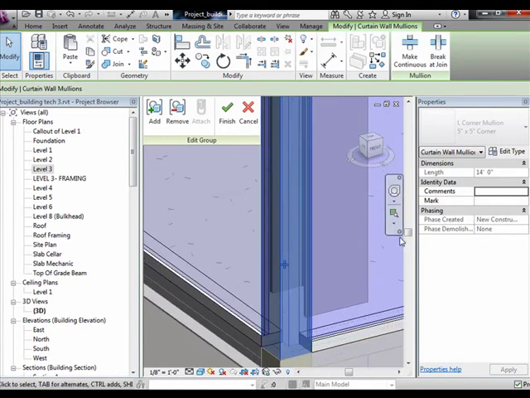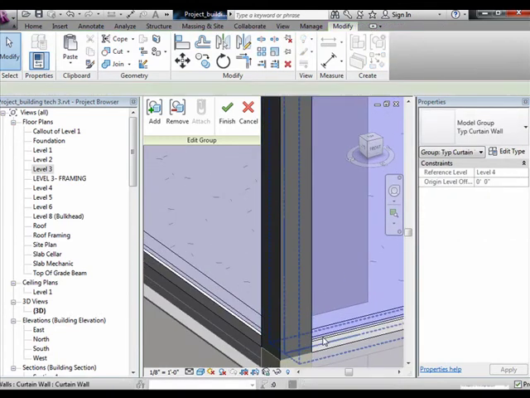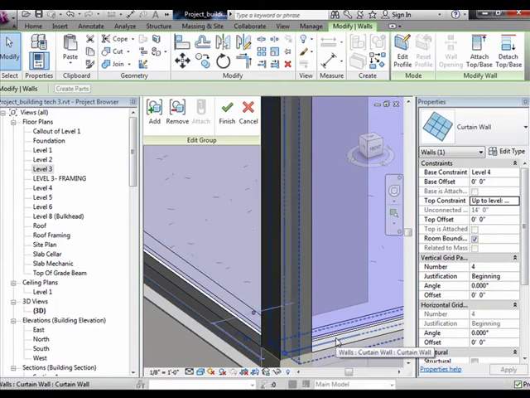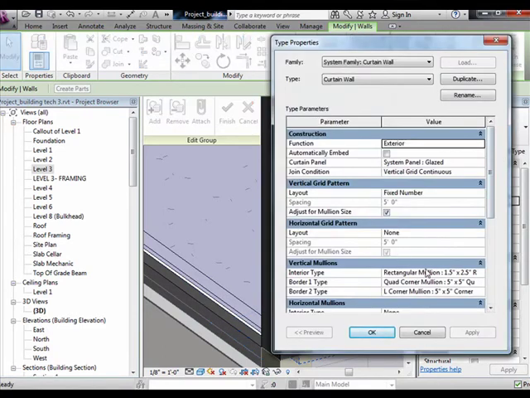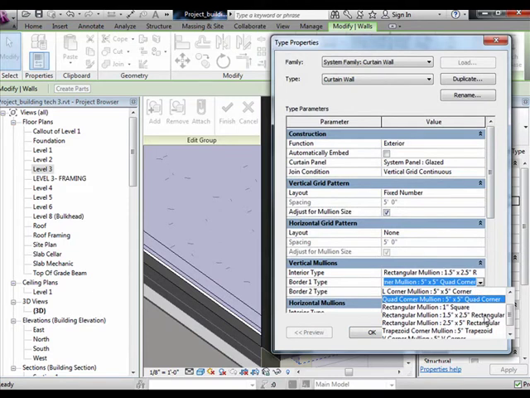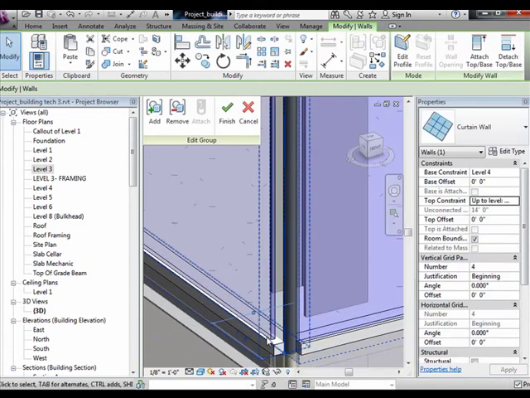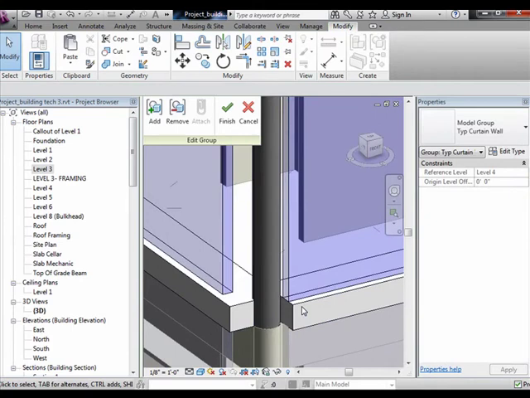And you can change this mullion. You select any curtain. I selected both curtains, but they're both identical. It's the same family, right? So if I hit edit type and that corner is not what I want, it's not 5 by 5, it's actually very skinny, or something else, maybe circular. Just go with circles. Hit apply, hit OK. Obviously that's not what you want, but